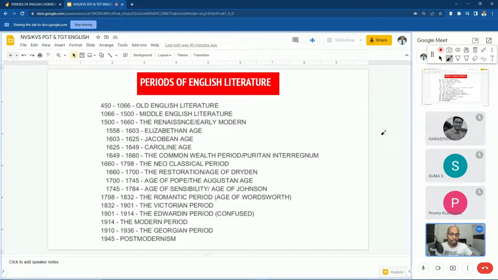First we'll start with Priti Ma'am. Priti Ma'am, can you read the age and the name of the period? Yes, sir. 450 to 1066 Old English Literature, 1066 to 1500 Middle English Literature, 1500 to 1660 the Renaissance or Early Modern Period,